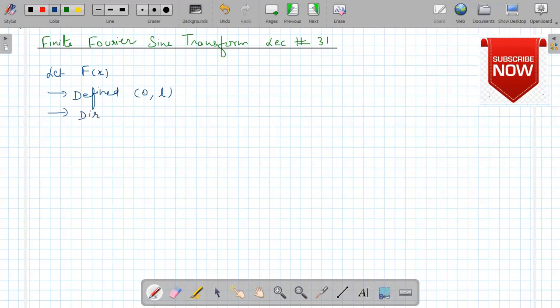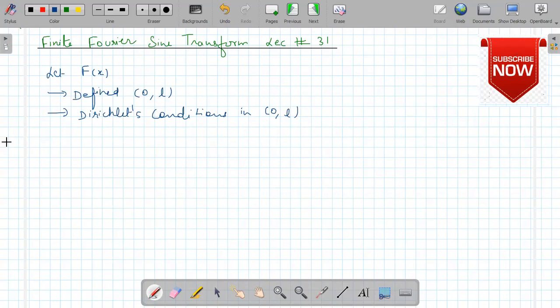I have told you about Dirichlet conditions. And in this interval, obviously,